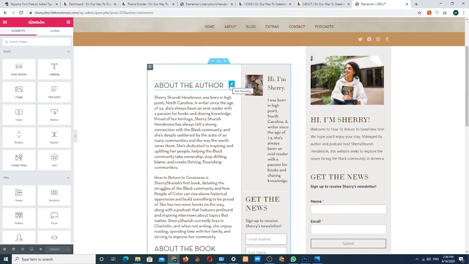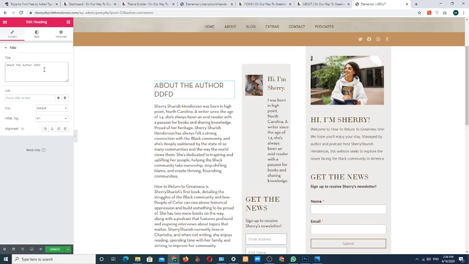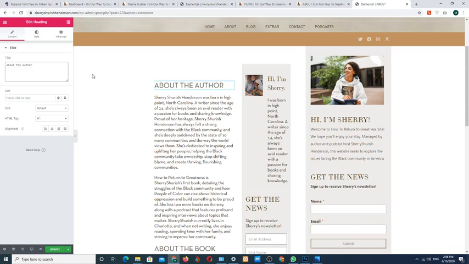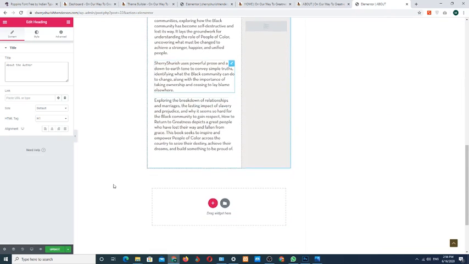If you want to change the content, simply change it. Okay, after changes, don't forget to click on update. Okay, that's it.